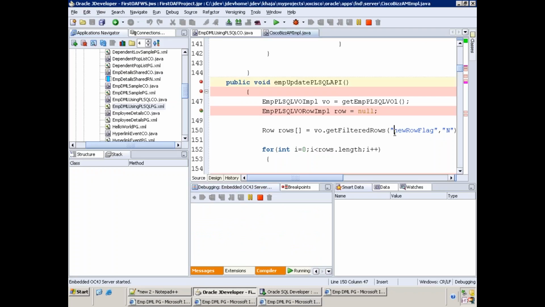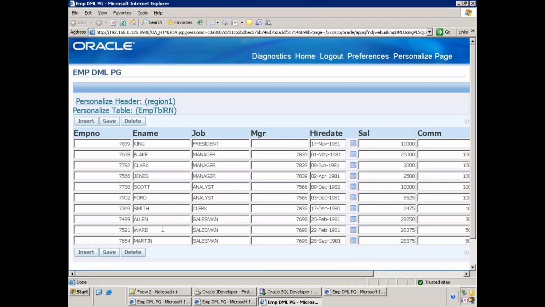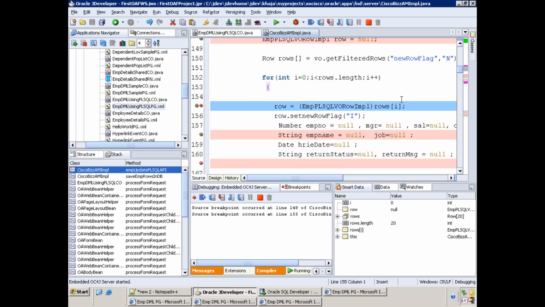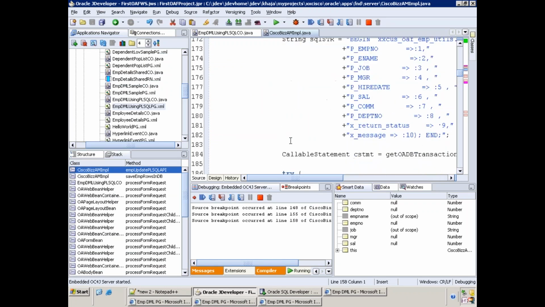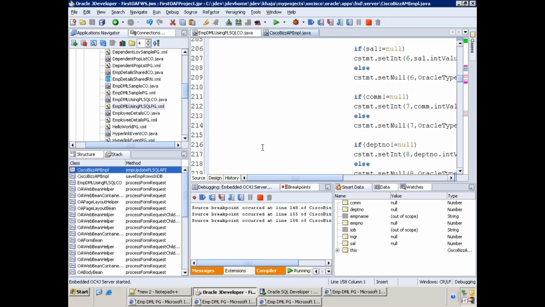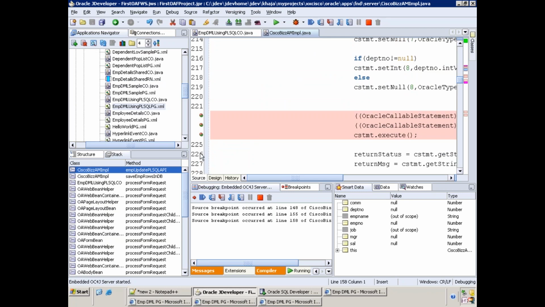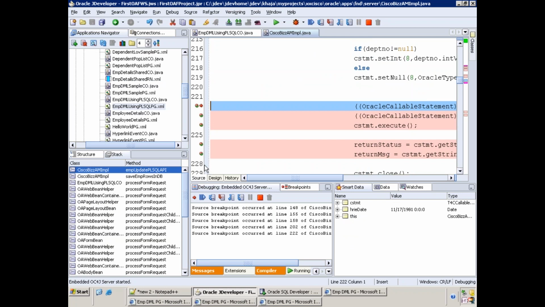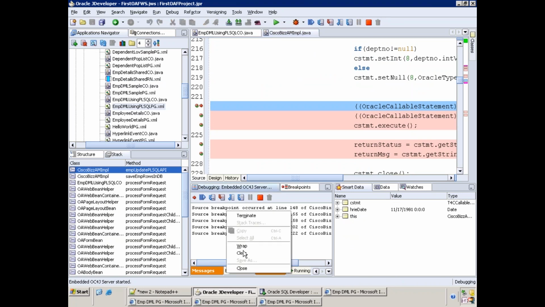Here it has to read 20 records, right? Let us say I'll try again with 5, 2, 1. Click on save. Can you see? Now this got enabled. Check out here: what is the value of this one? New row flag. It is N, right? Yes. So here I'll check only the return status as of now. Let's see.